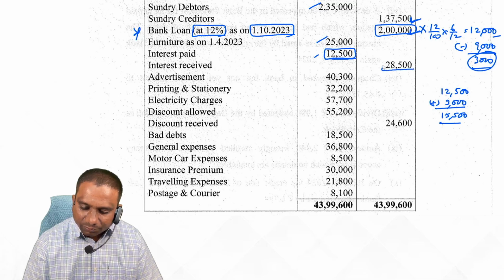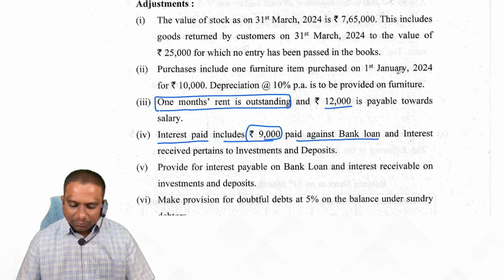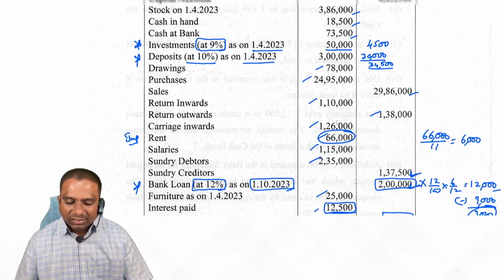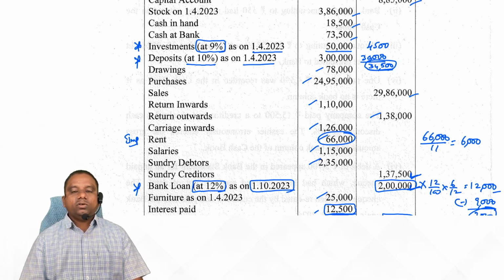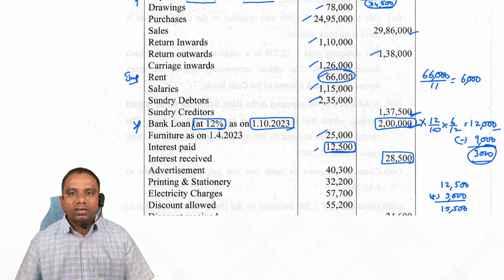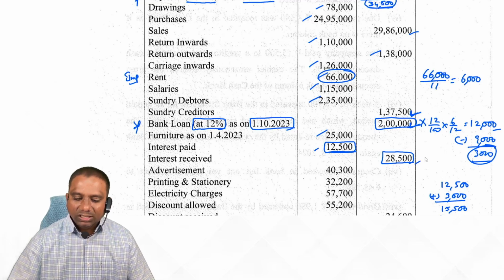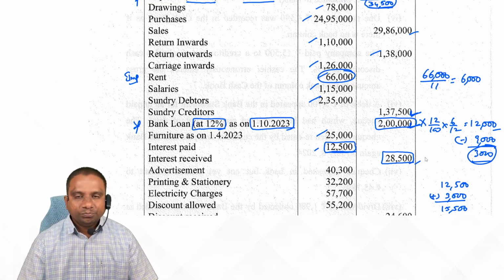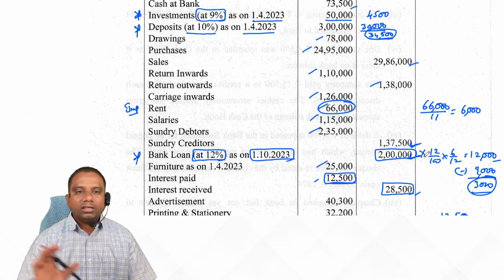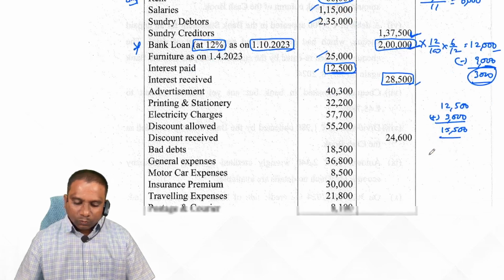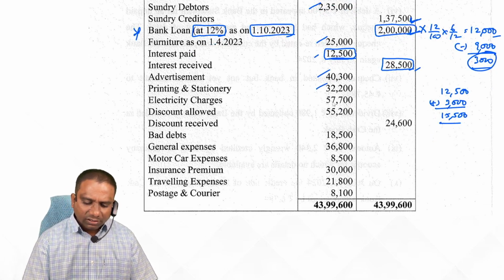Next one, interest received. Interest received pertains to investments and deposits. Total interest receivable is 34,500. Already we calculated total interest receivable on investment and the deposits, both together 34,500. Whereas interest received is only 28,500. Still 6,000 rupees interest is receivable, accrued interest. In the P&L account, we show 34,500 on the credit side, and in the balance sheet, we show 6,000 rupees as accrued interest. Next one, advertisement as usual, printing and stationery, electricity, discount allowed, discount received, bad debts, P&L account